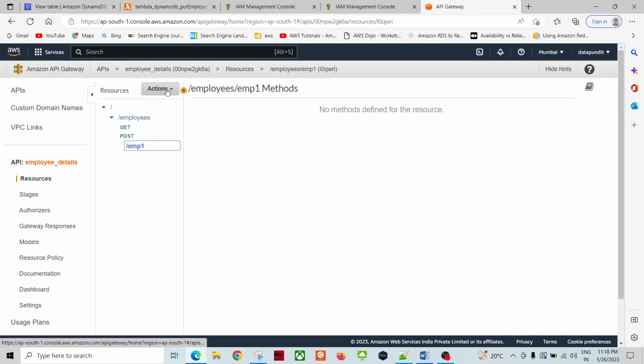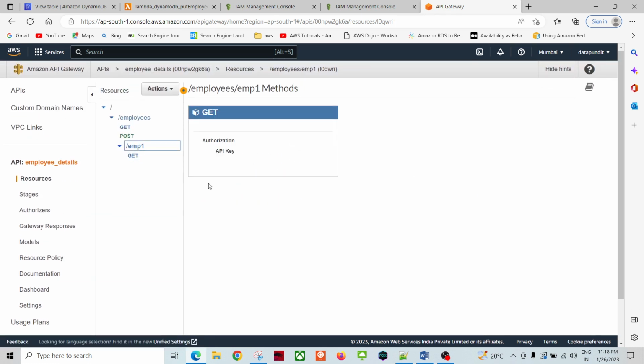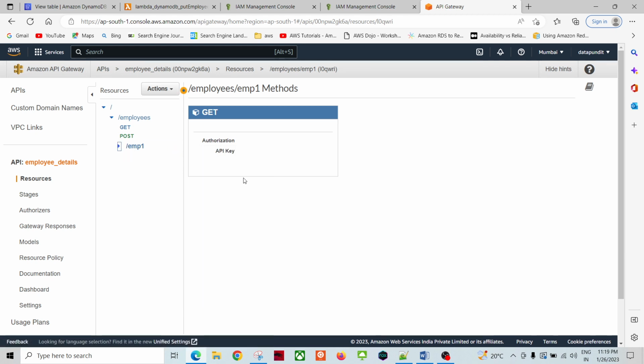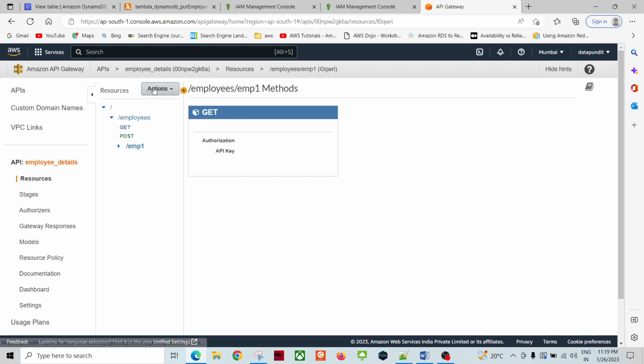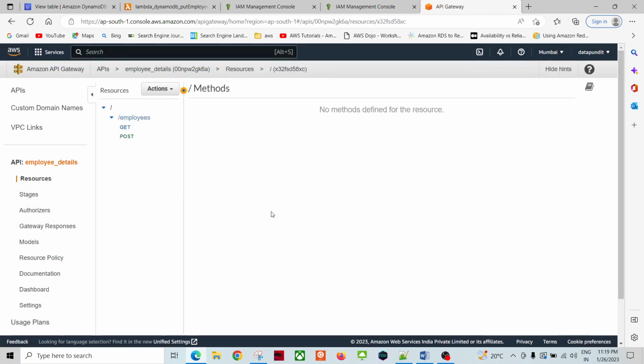So this new resource, and then let's say we create a method. This method is the same as it, right? So this we need to create. So now I am going to delete this. Going to delete the resource. I'll delete the resource. Because we have already configured everything, I am going to show you how to